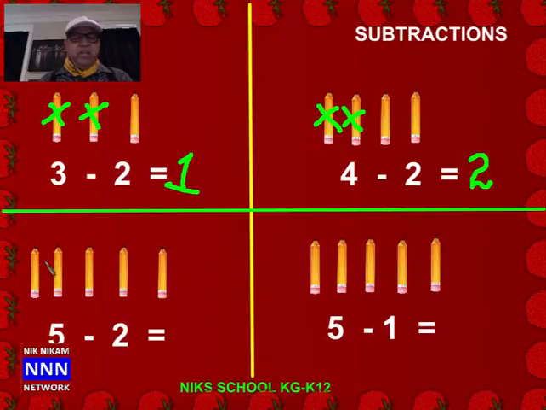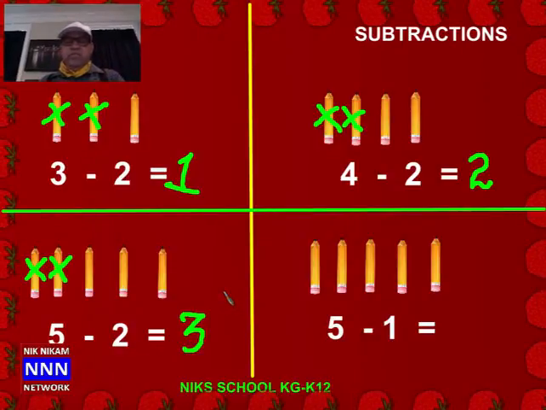Let us do that one now. First we take away this pencil, then we take away this pencil. That's 2 pencils gone. Now we are left with 1, 2, 3. So the answer is 3 pencils left. When you start off with 5 pencils, then you minus 2 pencils, you are left with 3 pencils.